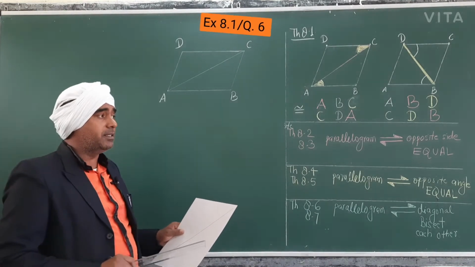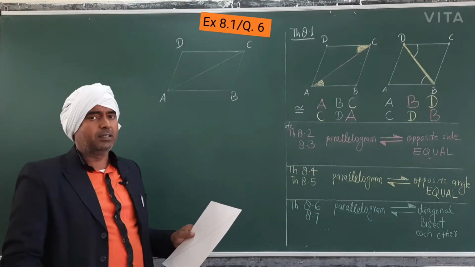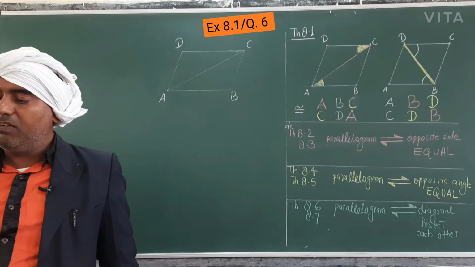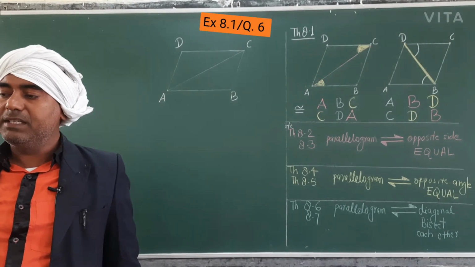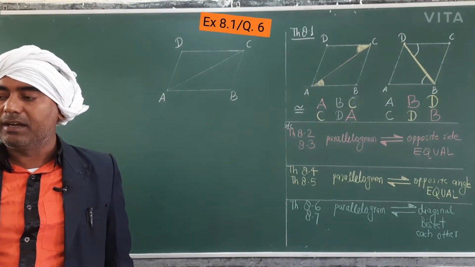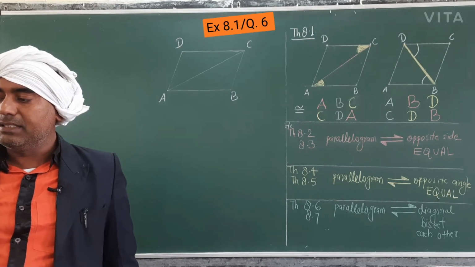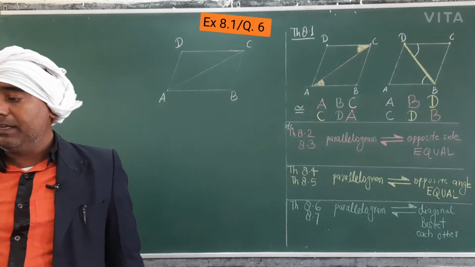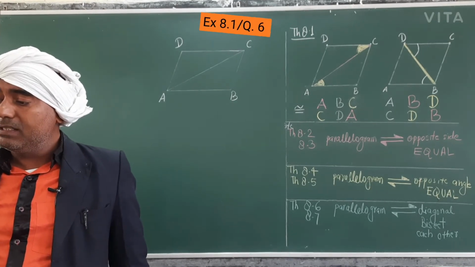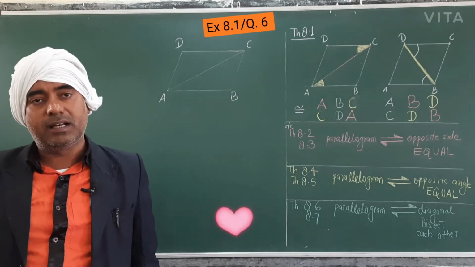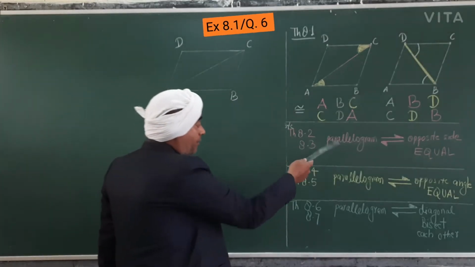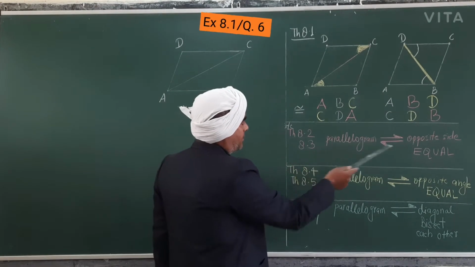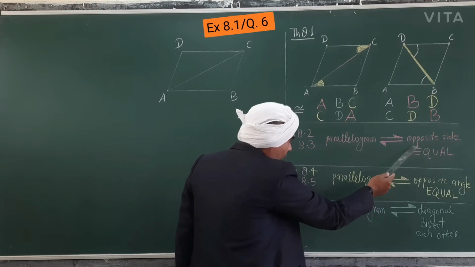But the question is, we have to prove it is a rhombus. The question is: diagonal AC of a parallelogram ABCD, page number 146 in NCERT, exercise 8.1, question number 6. Diagonal AC of a parallelogram bisects angle A. Actually, you know, it is again just like in this form. If this happens, just like here, if opposite angles happen, then it will be a parallelogram.